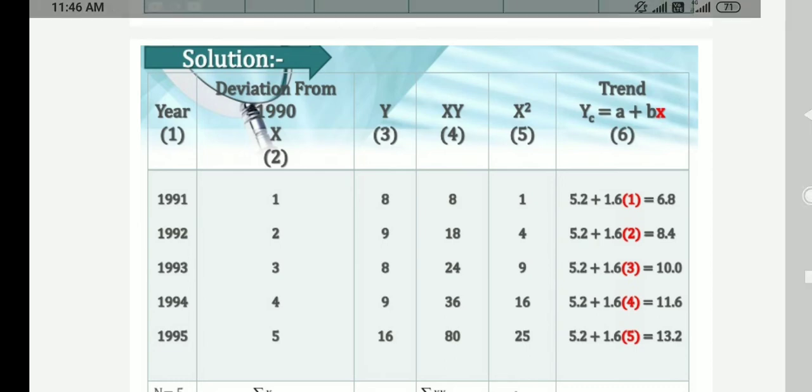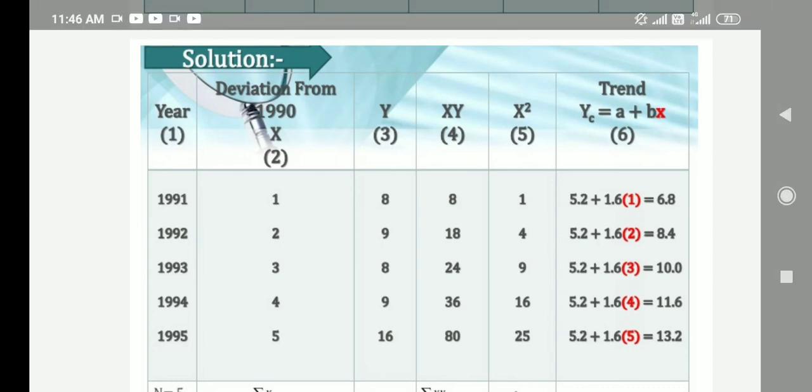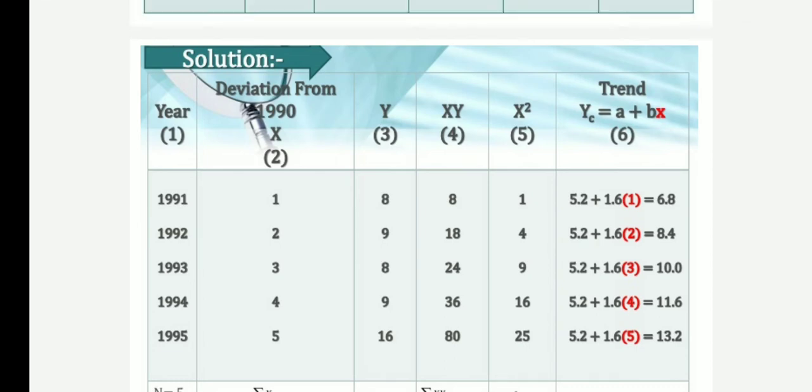calculated by the method of solving the normal equations. That is in the next slide. Of course, I can show that before that,